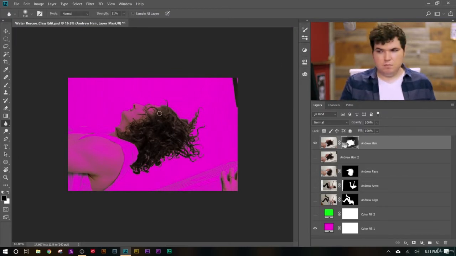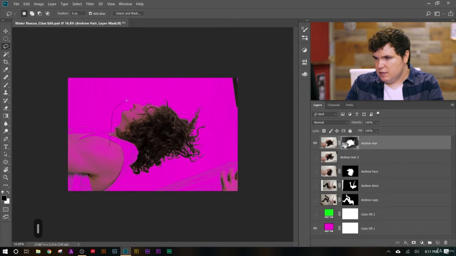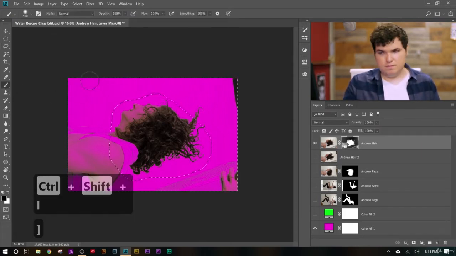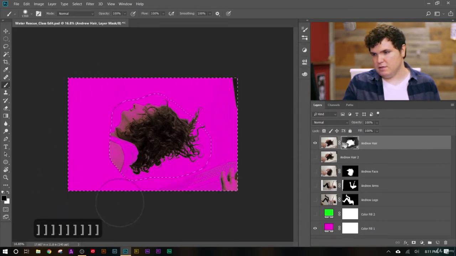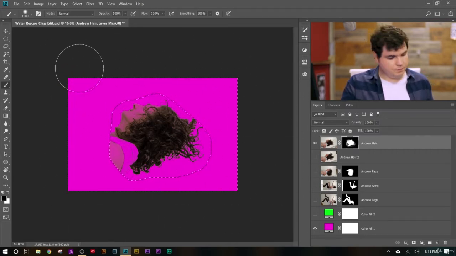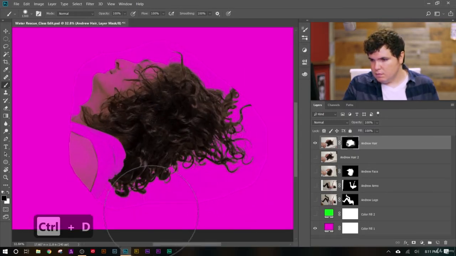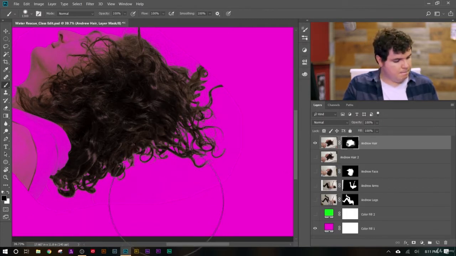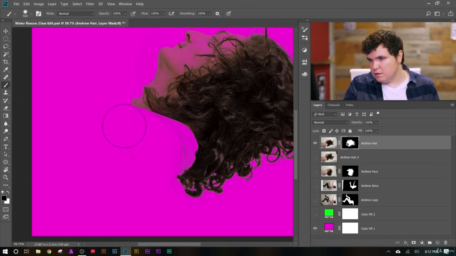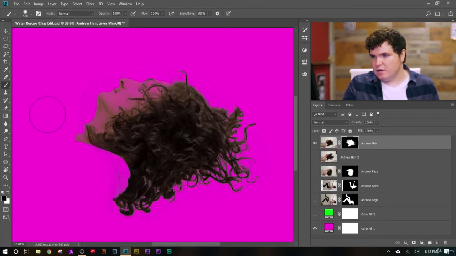Okay, so with my lasso tool, I'll go around his head and then down here. Control Shift I to invert the selection. And then with a black brush, just go through and completely paint out everything else. Okay. And with that brush, I'll go through here and kind of paint out some of these areas. You don't need any of this. And I'm just keeping his face there for reference when we stick it on the other layer that we'll actually